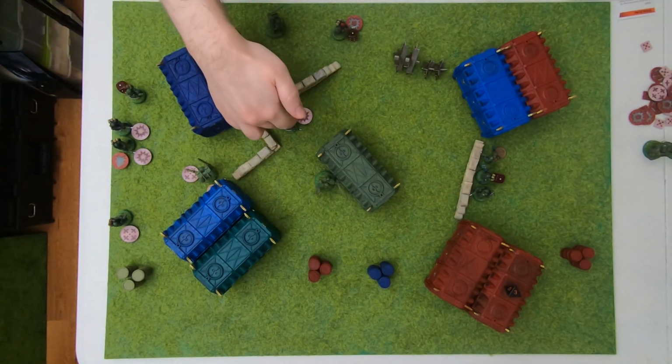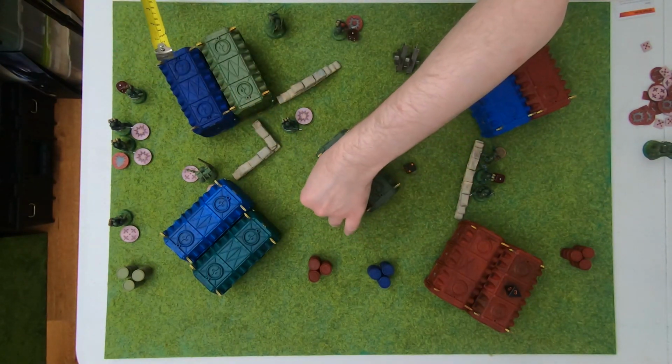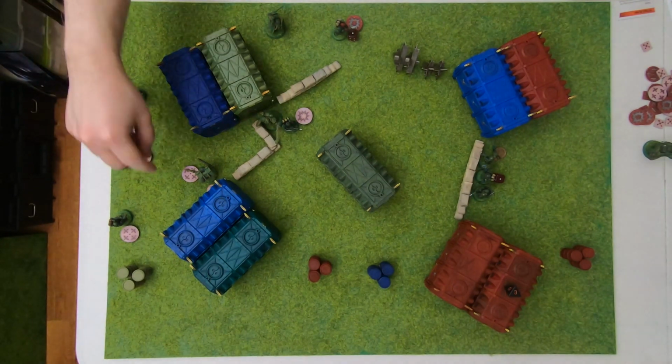This guy fell back this turn, so he can't react in any way. 7 inches. Let's get him here for max kill and move. And this guy can't do anything, since I don't even think the Black Shield has a ranged weapon. He has grenades, so he can throw a grenade. So does that mean he can ready up? Actually, no, I don't even think you can ready up if you...